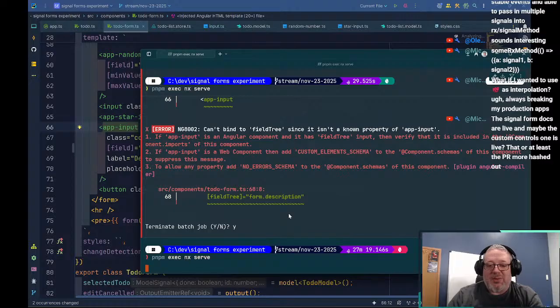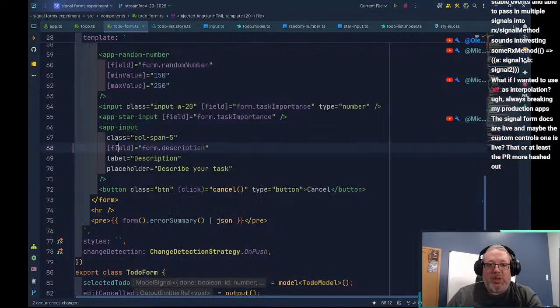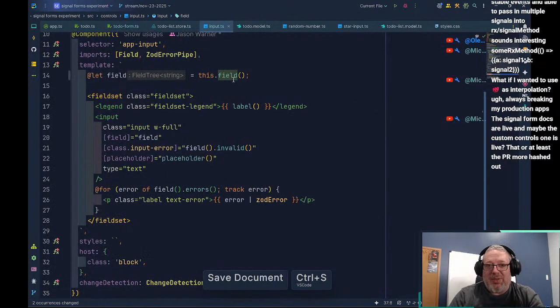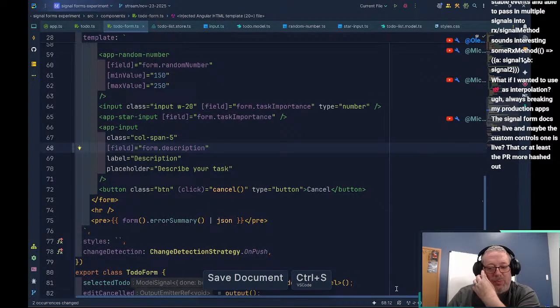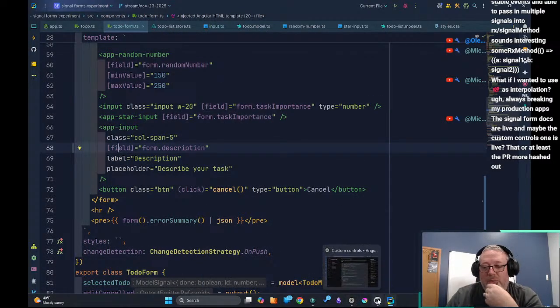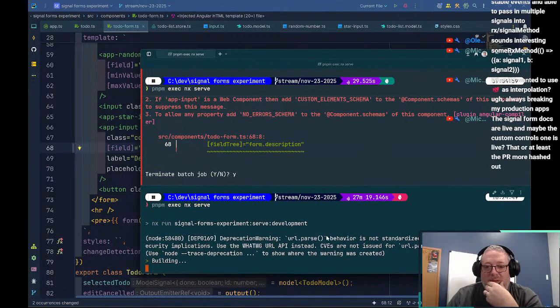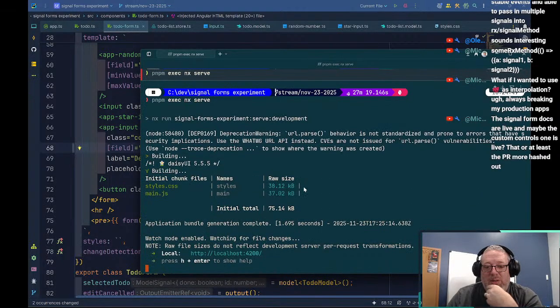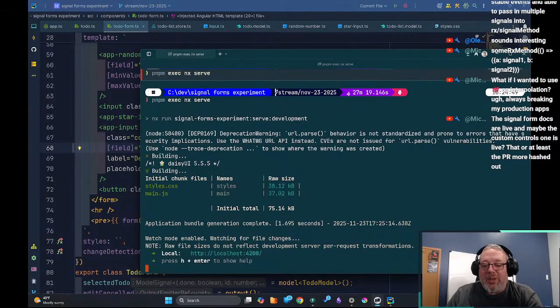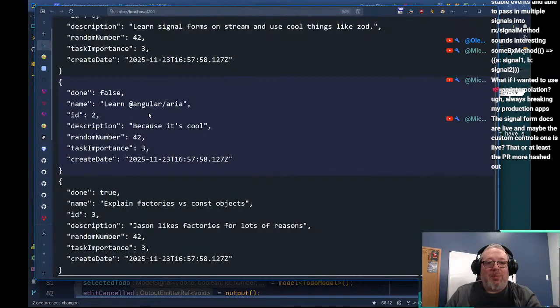Let's go ahead and serve this again, maybe I need to save this and save this and just make sure. So while that's rebuilding, hey, they may have fixed it. It looks like it may be fixed.